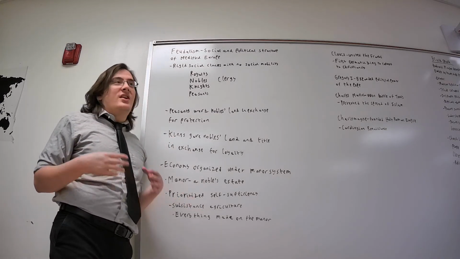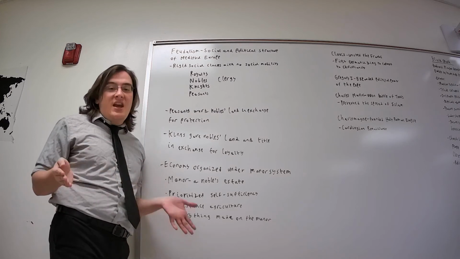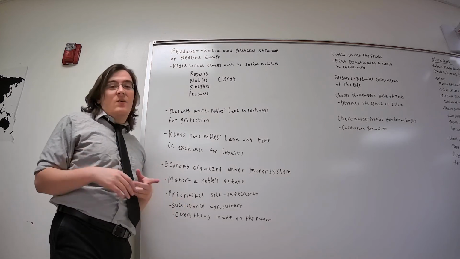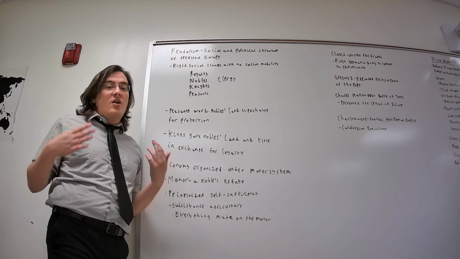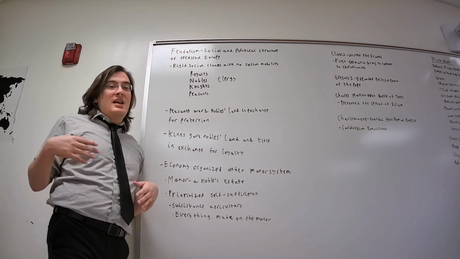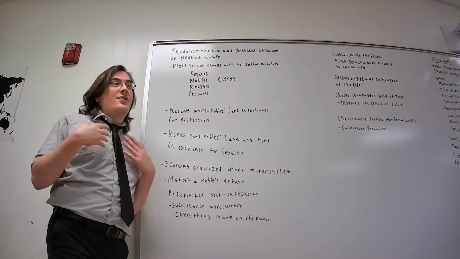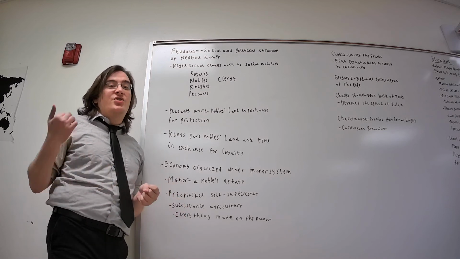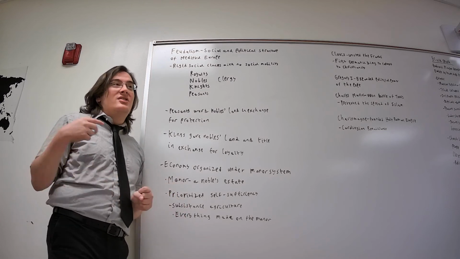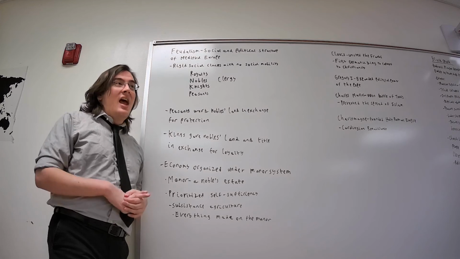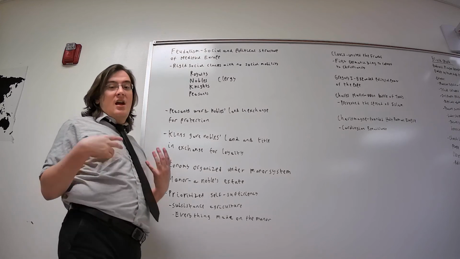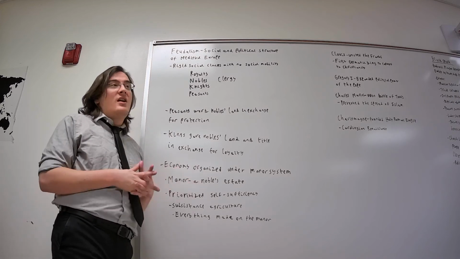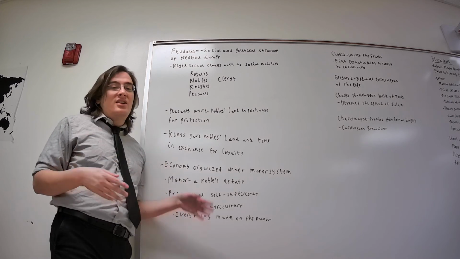So effectively, the king would grant a noble a fief or a plot of land where the noble was lord over. As lord, he was effectively the governing authority over that territory. He had the right to enforce the king's law. He was in charge of collecting taxes. And in general, he could effectively run that territory however he wished, as long as it didn't conflict with the